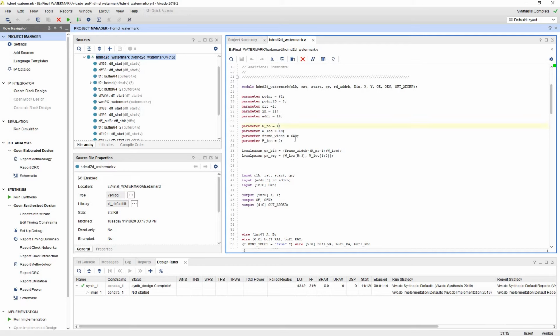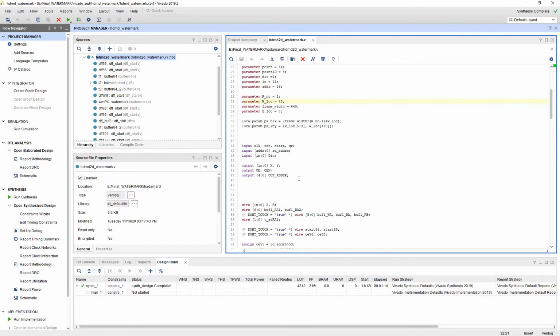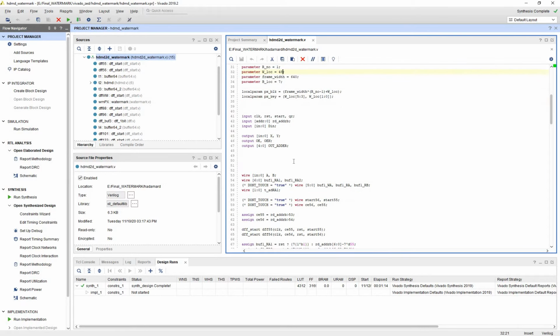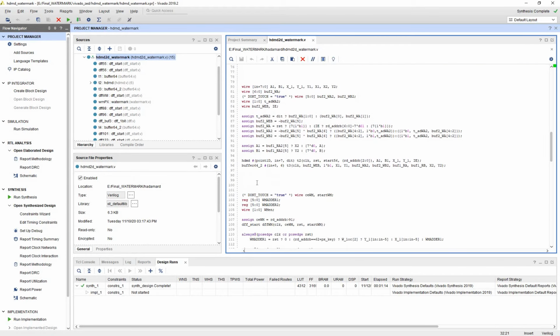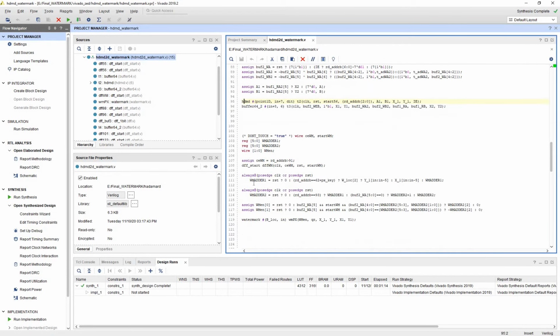So if the row number is the first row and the 48th coefficient has been selected, then on the 48th coefficient we have to select a 6-bit in the mid range. This 6-bit says the location of the watermark which has to be embedded in the 2D transform. Once our 1D transform is completed, we are going to find the address of the watermark location, and then store the address in the respective coefficients.